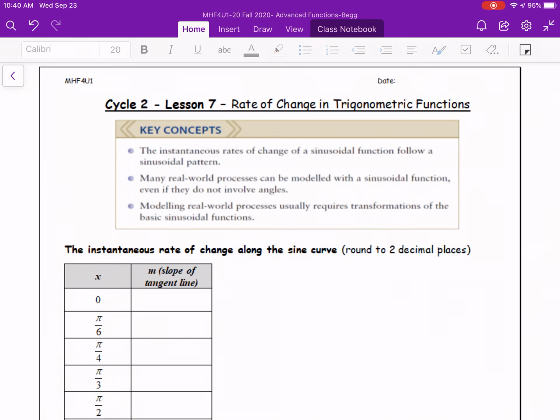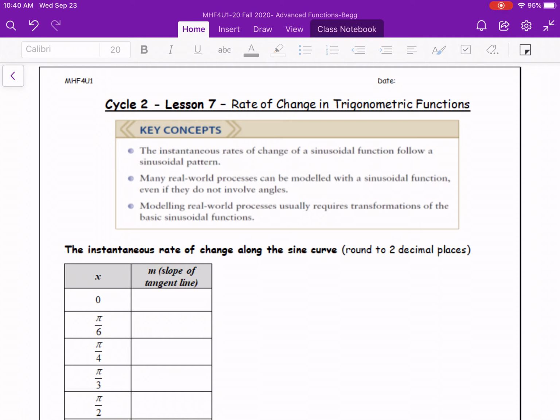In Cycle 2, Lesson 7, we're going to revisit rates of change. This time we're going to look at trigonometric functions, and a little bit later on in the lesson we're going to look at rates of change in logarithmic functions. So remember that the instantaneous rate of change is